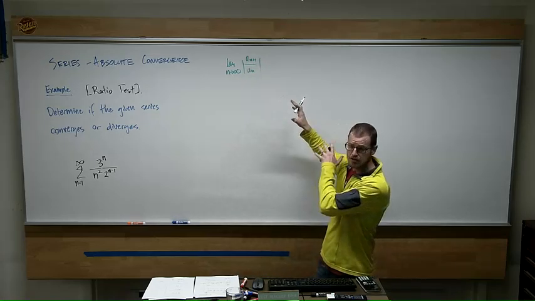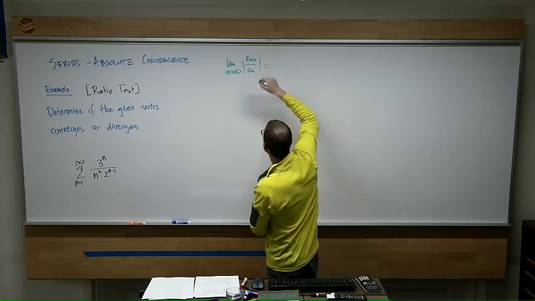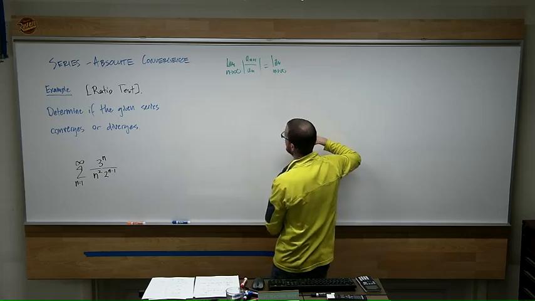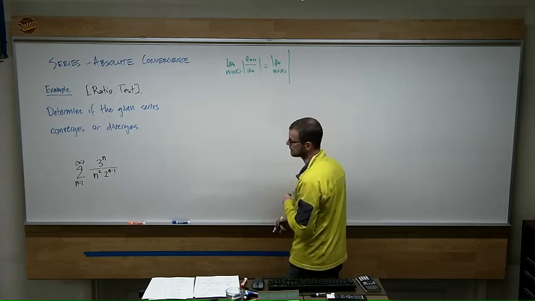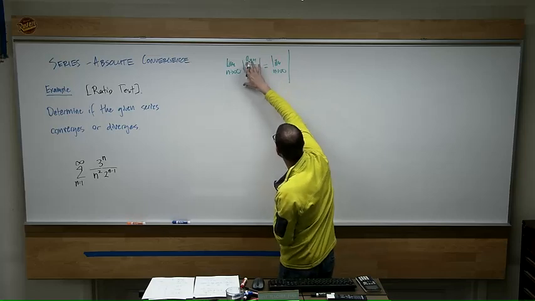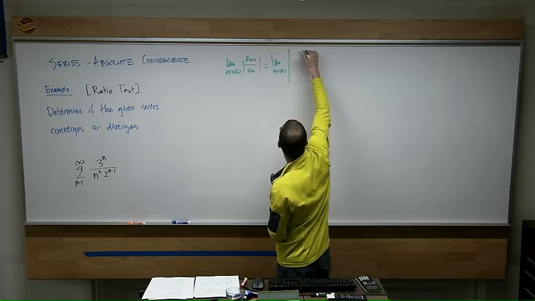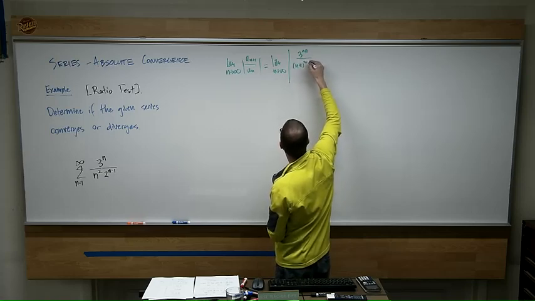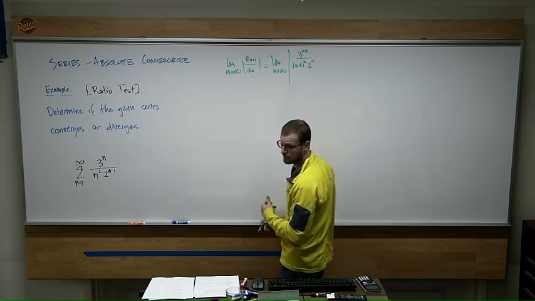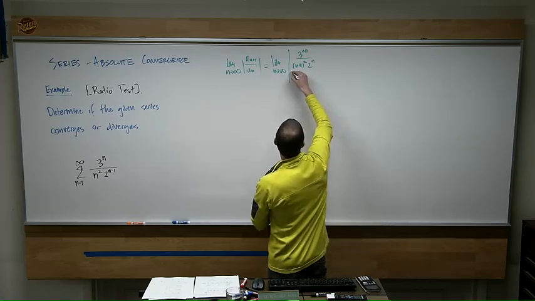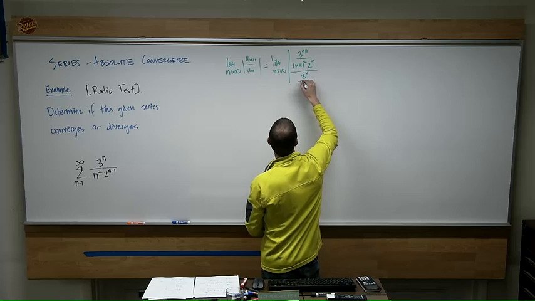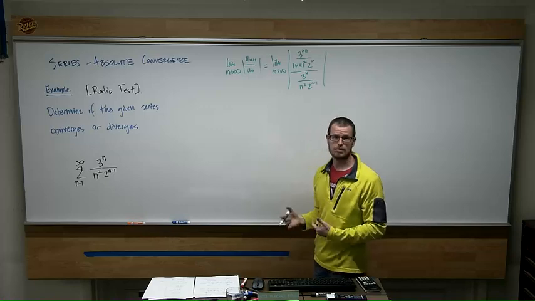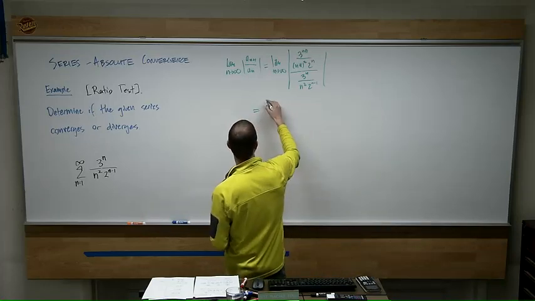By the theorem, we have to have absolute values, and in this case, each of the terms are positive, so the absolute values aren't doing anything. I'll include them at first just for clarity of moving from here to here. So 3 to the n plus 1 divided by n plus 1 squared times 2 to the n plus 1 minus 1, they cancel, divided by 3 to the n divided by n squared times 2 to the n minus 1. Of course, division by a fraction is the same as multiplication by the reciprocal, so this is equal to